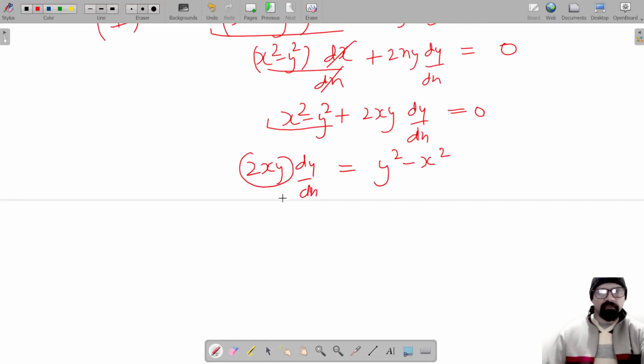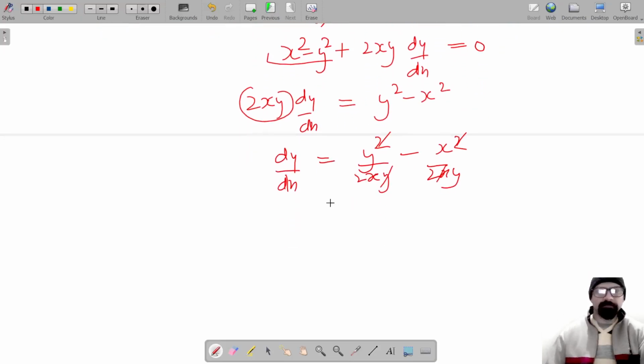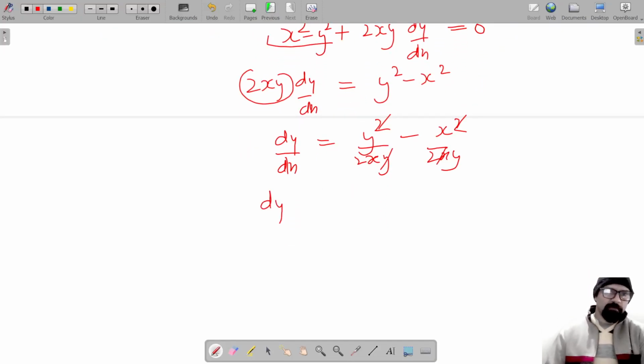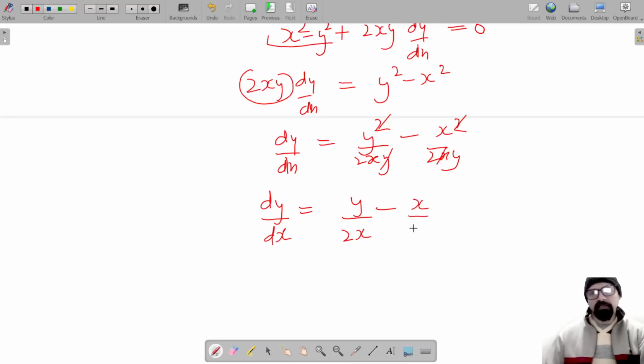अब यहाँ से हटाना है आपको 2xy। तो हर एक टर्म को डिवाइड करेंगे 2xy से। तो यहाँ डिवाइड किया 2xy से तो 2xy हट जाएगा। यहाँ भी डिवाइड करेंगे 2xy से। तो y और y कट गया, एक x कट गया। फाइनली हमारे पास बचेगा dy/dx = y/(2x) − x/(2y)। ओके।